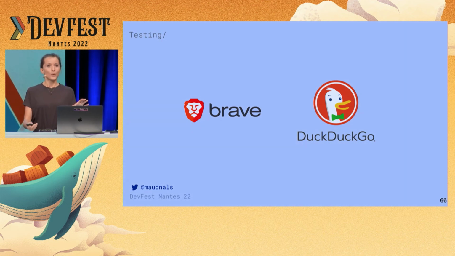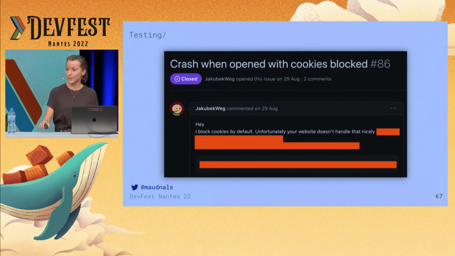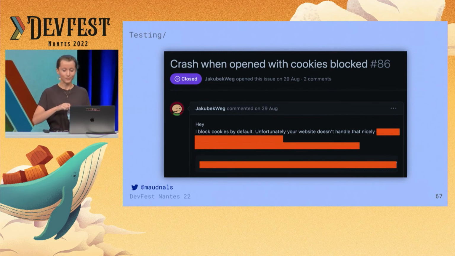Another thing you could do, we talked a little bit about private browsing, but you can also check if some of your traffic uses other browsers that have privacy in their headlines. Here are two examples, Brave and DuckDuckGo. If you see that you have traffic coming from these, consider adding them to your cross-browser testing list, alongside Chrome, Edge, Safari, Firefox, and other browsers you may be testing in already. All right, that was the first tip: consider private browsers in your cross-browser testing approach.